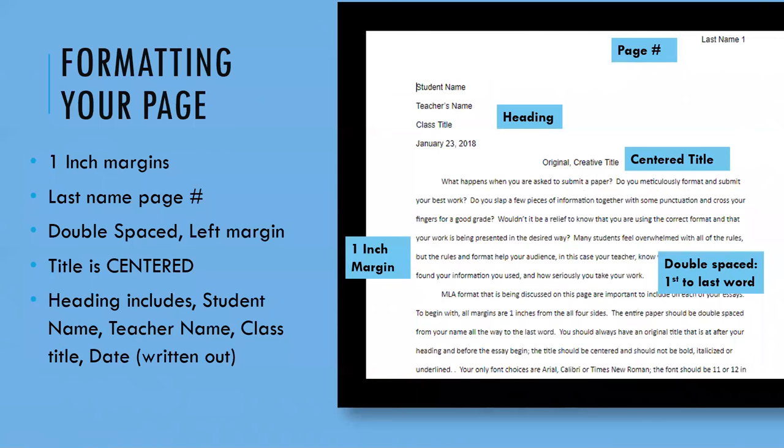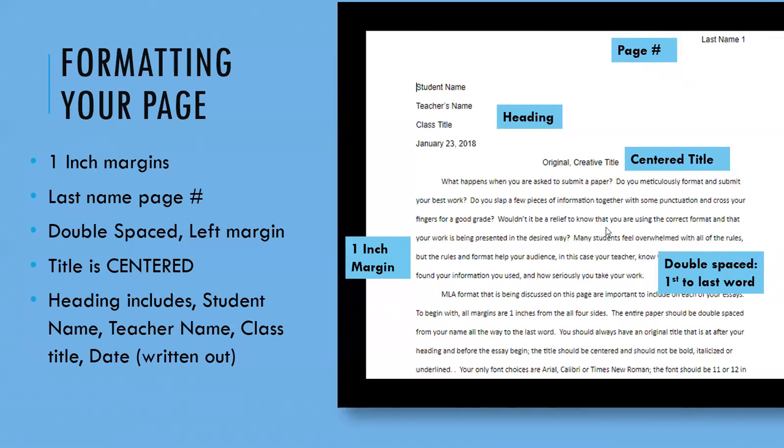So the first thing we're going to do is go over the part that's probably the first thing we need to go over, which really is what it should look like to create or format your page. I'm going to give you a chance to write notes, but I would recommend not just writing notes, but when I go back out of the PowerPoint in a second, I'll show you how to actually do it,